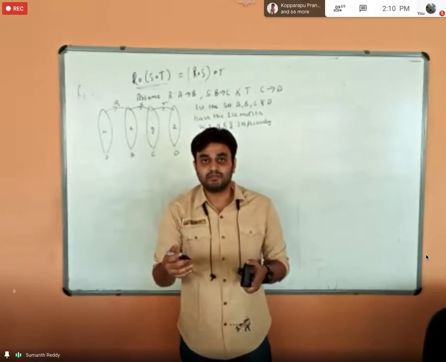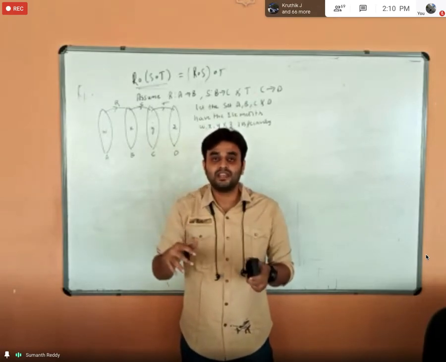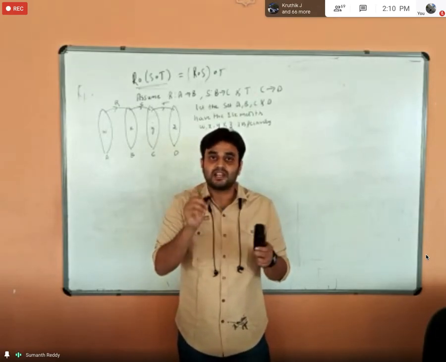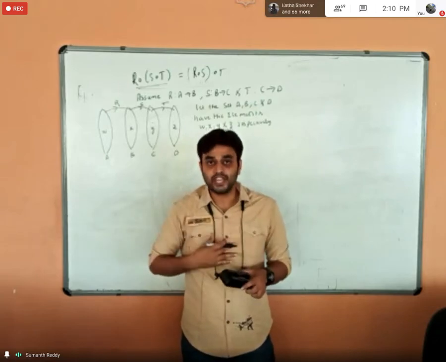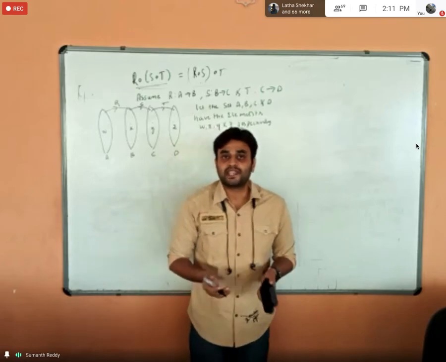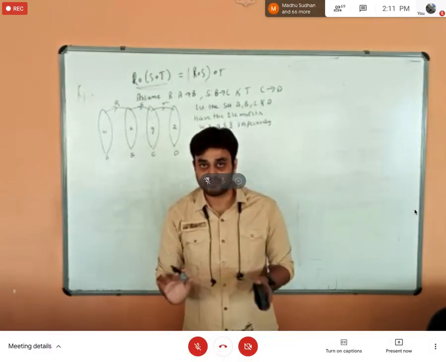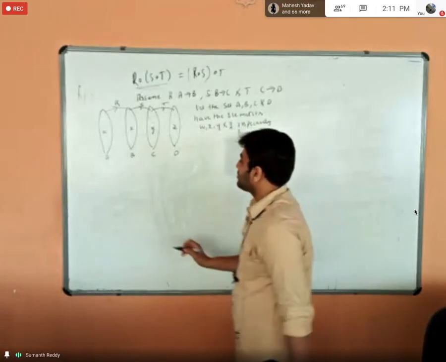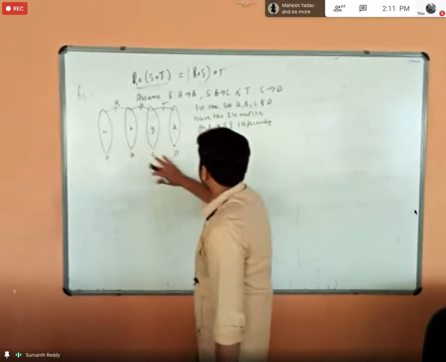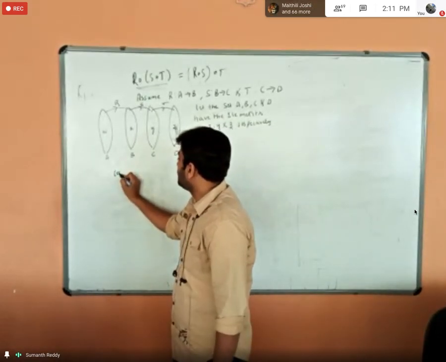Next, I will again consider some element in the RHS and I will prove that the same element also belongs to LHS. Fine. So if LHS is a subset of RHS and RHS is a subset of LHS, and we know that subset satisfies the antisymmetric property, right? So from this I can conclude that LHS and RHS both are the same. And I told you for all the theorems I will use the same principle. Okay. So these are the assumptions, right? Based on this, I'll just start with the proof.